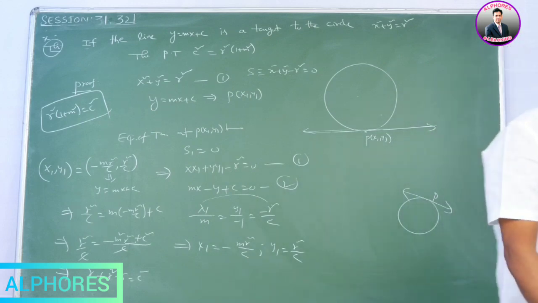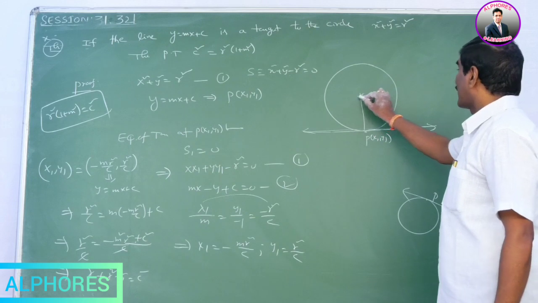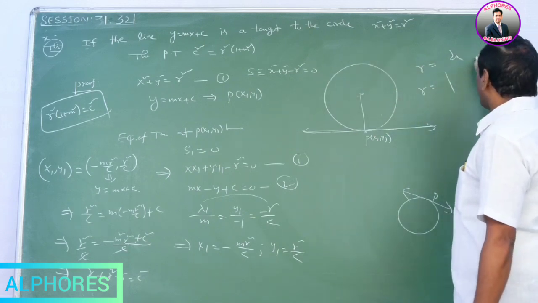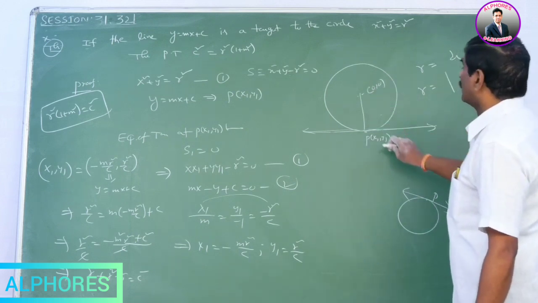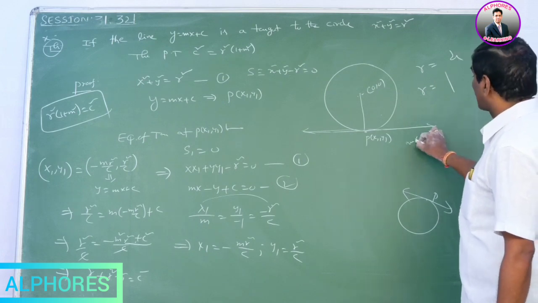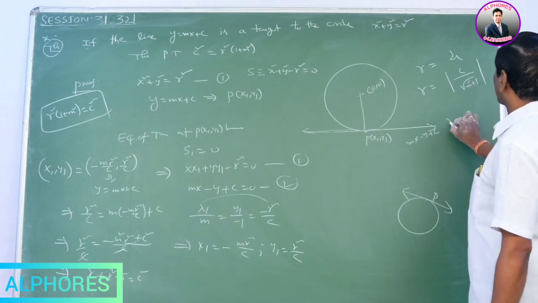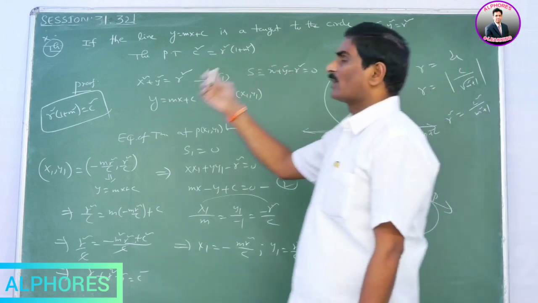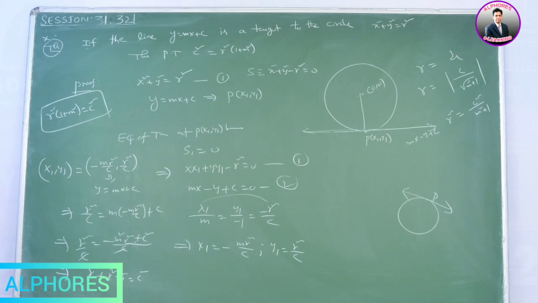This is the third method. In the first method, if the line touches the circle, what is the condition? r is equal to d. Radius is nothing but r here. What is d? d is nothing but the perpendicular distance from the center, that is (0, 0), to the tangent mx minus y plus c is equal to 0. That means mod c by root over m square plus 1. By squaring on both sides, r square is equal to c square by m square plus 1. So c square is equal to r square into 1 plus m square. By putting r is equal to d, we get c square is equal to r square into 1 plus m square.